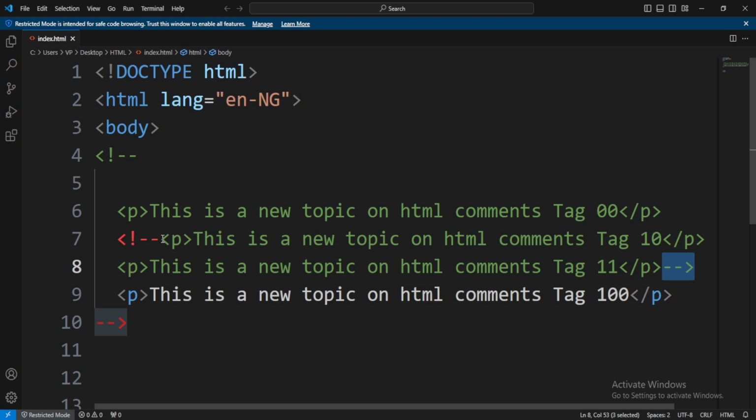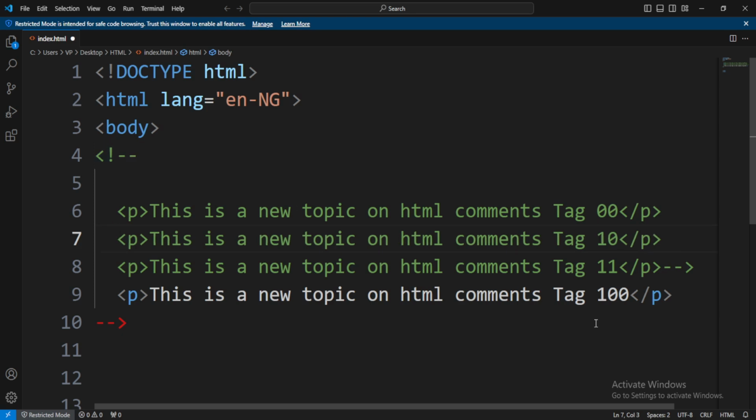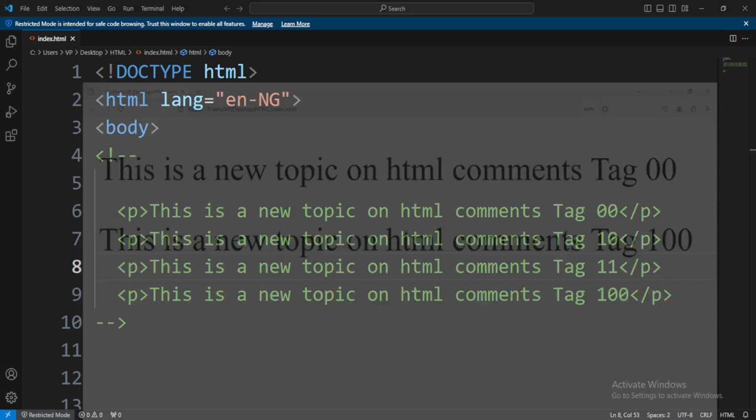So the code, the HTML, is now telling us why we are putting double nested comments instead of putting only one. That's why we are seeing the error here. VS Code is detecting that you don't need to give double comments. Now you can just remove this first one that you firstly put here and leave it like this. It will work. So instead of wasting your time giving it double comments,